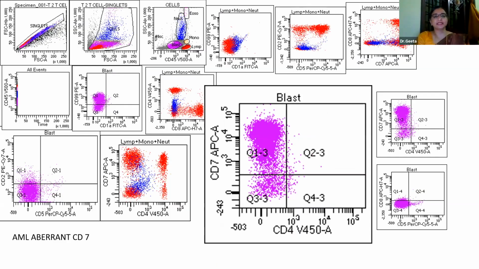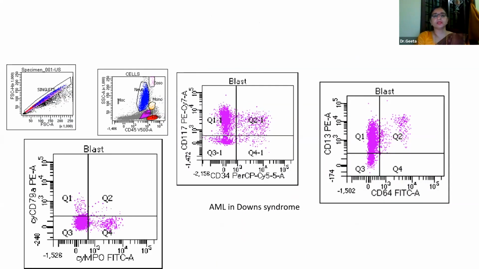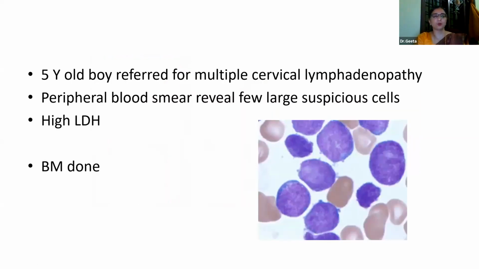Another common aberration is CD7, which also has a poor prognostic indication. Going on to a child who is a known Down syndrome, has got blasts in the blood. She's also got some markers, CD117 as well as CD13 positive, whereas it is negative for MPO. So these blasts are there in the CD45 dim area extending to the monocytic area also. So these blasts were seen to be positive for CD61, which is a marker of megakaryoblast. So this is AML M7, which is common in Down syndrome patients.